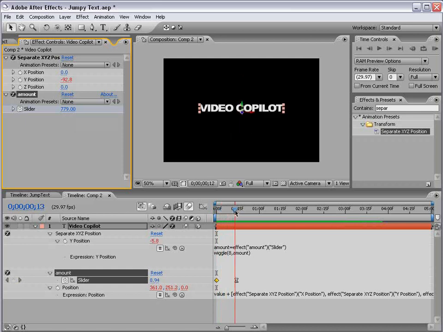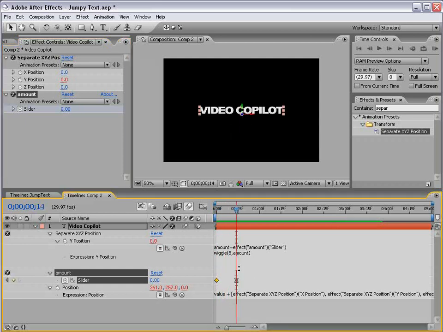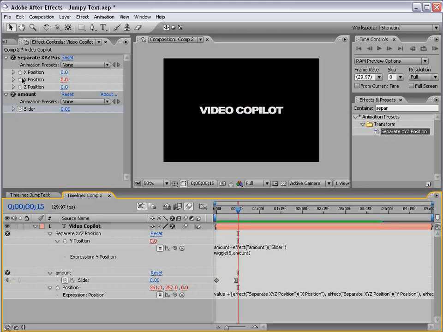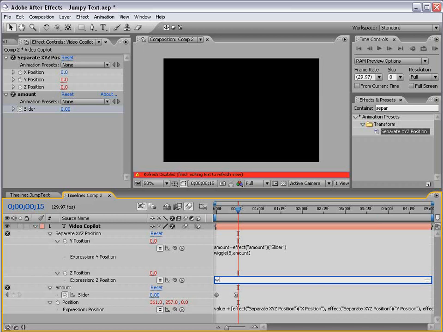So it kind of does some crazy stuff, but ultimately comes back into place because the wiggle amount is keyframed now at 0. So gradually it goes from being offset 700 all the way down to nothing. Perfect. Now we can also add some life to the Z position by alt-clicking on Z, typing wiggle,